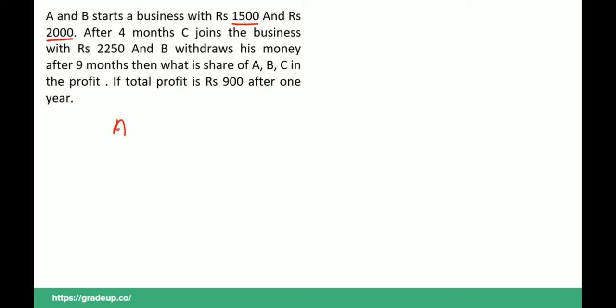All right. Now, the next question is: A and B start a business with rupees 1,500 and 2,000. A, B, C. A invests 1,500 rupees, B invests 2,000 rupees. After 4 months, C joined the business with rupees 2,250. And B withdraws his money after 9 months. After 4 months C joined the business, that means C's capital is in the business for 8 months. And there is no information about A, so we can say A will remain for the whole year